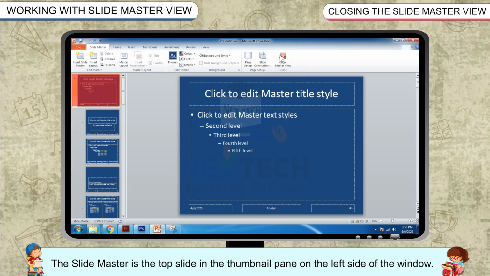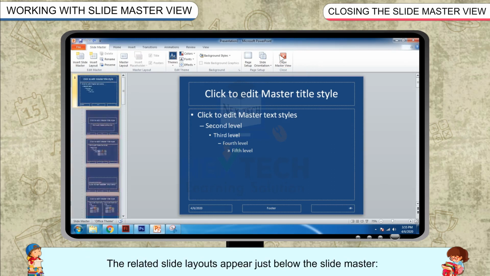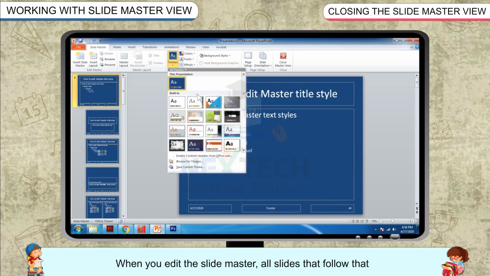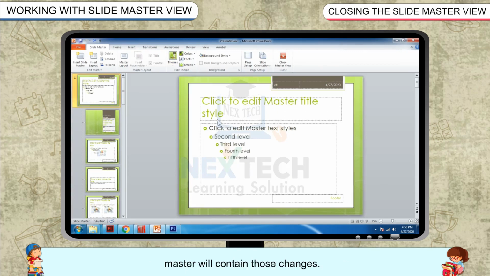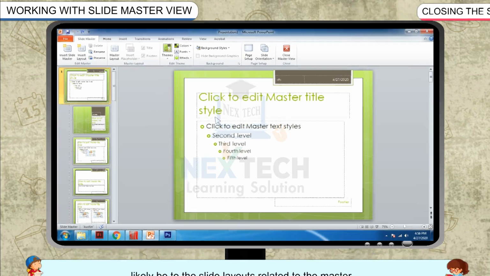The Slide Master is the top slide in the thumbnail pane on the left side of the window. The related slide layouts appear just below the Slide Master. When you edit the Slide Master, all slides that follow that master will contain those changes. However, the majority of changes that you make will most likely be to the slide layouts related to the master.